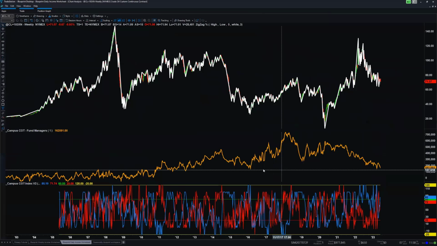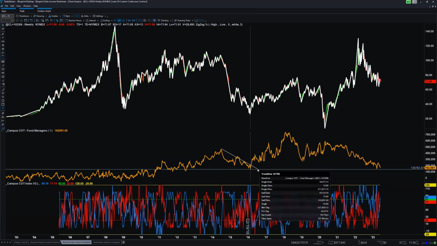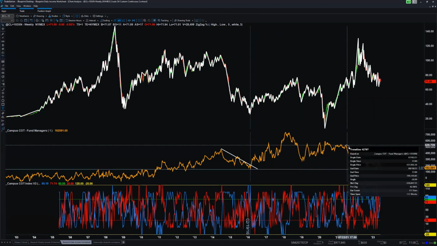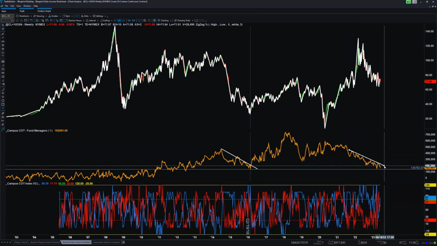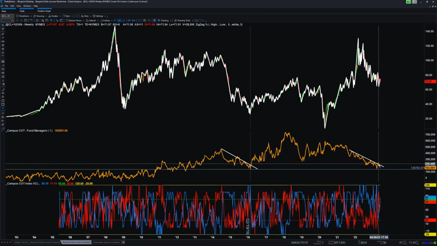So the last time they were that low was here. And we know that from here, we got a massive rally. So what we also eventually want to see is that the non-commercials are breaking out here. And it may have seemed like they were going to break out here, but they haven't just yet. So maybe they still will,